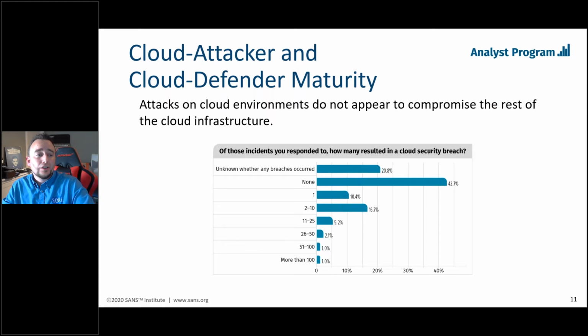42.7% answered that none of those incidents you responded to resulted in a cloud security breach. That's amazing. So you have compromised assets and they couldn't pivot. They couldn't escalate themselves into owning everything. And that is really good, because I think if you look and compare this to a traditional on-premise environment, you